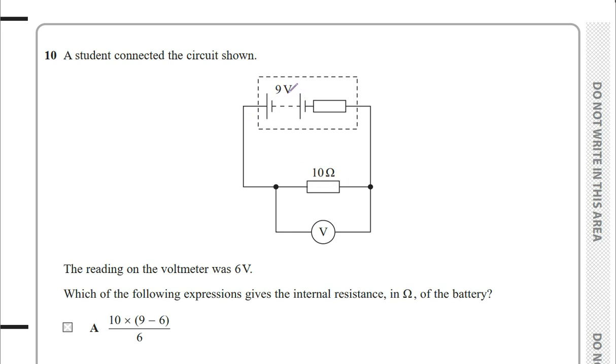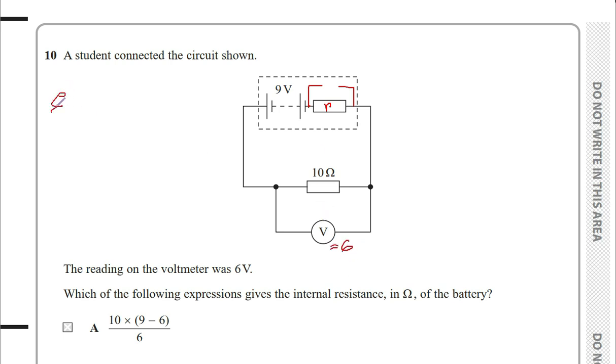So this EMF is actually shared among, so let's call the internal resistance, let's denote this with small r, right? And the potential difference across small r would be, this is 6,